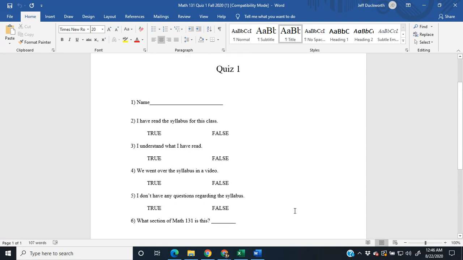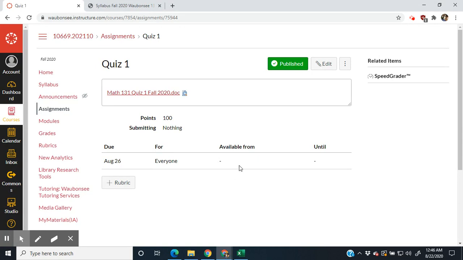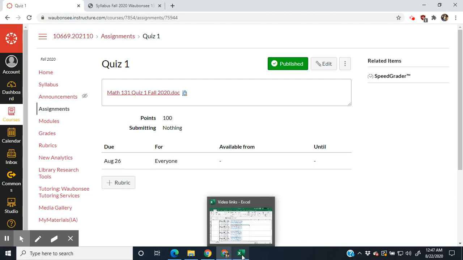So you can adjust this, type in your answers or whatever, and then submit it on to Canvas when you're done. And there's a way to submit it. I'm getting a different view because I'm not a student, but you should have an option to submit it. If you're not getting an option, please let me know. I'm going to be lax as far as the end date for this first one. It's just more of an orientation thing, and everyone should get 100 on this. But going forward, all of the other quizzes and tests should be submitted when they're due. There shouldn't be any real issue as far as timing goes on those.